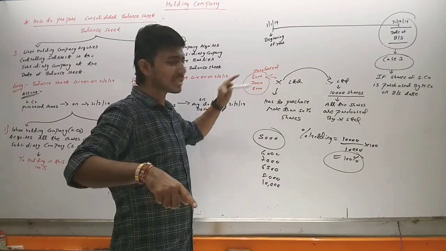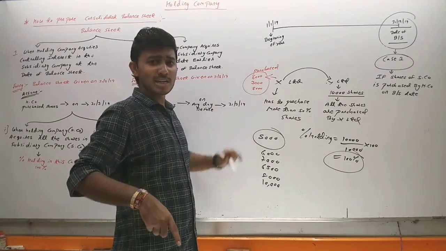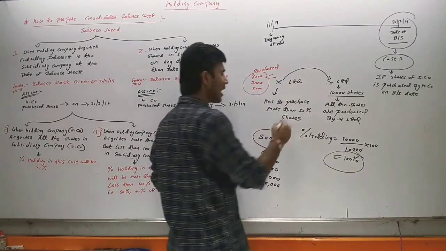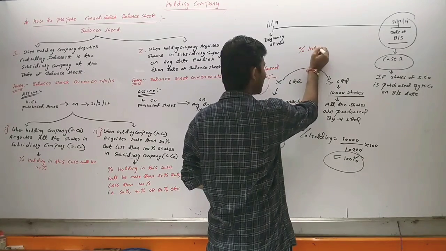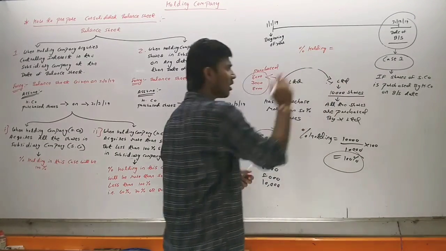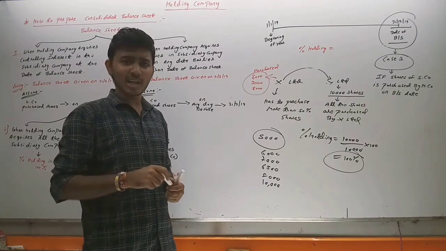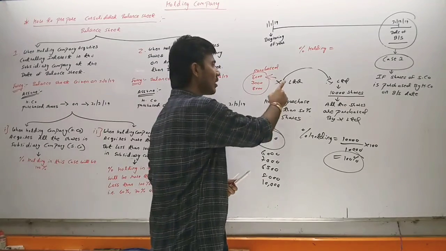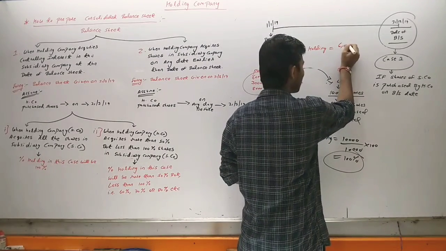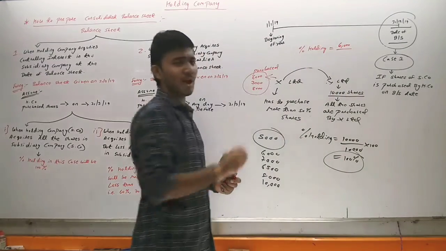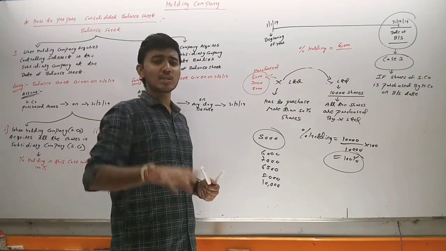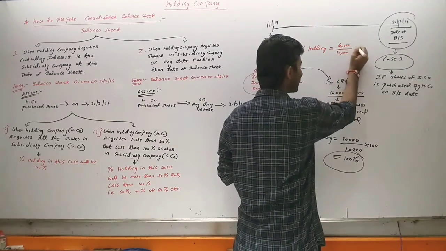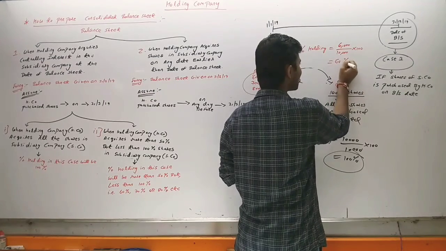Suppose X Limited has purchased 6,000 shares or 7,000 shares or 8,000 shares of Y Limited out of 10,000. So in this case, what will be the percentage holding? Again we can apply the formula: percentage holding equals number of shares of subsidiary company acquired by holding company, so number of shares of Y Limited acquired by X Limited. How many shares did X Limited acquire? Suppose 6,000. So 6,000 shares X Limited has acquired of Y Limited, divided by total number of shares of subsidiary company. In our case, total number of shares will be 10,000. So 6,000 divided by 10,000 multiplied by 100 comes to 60%.